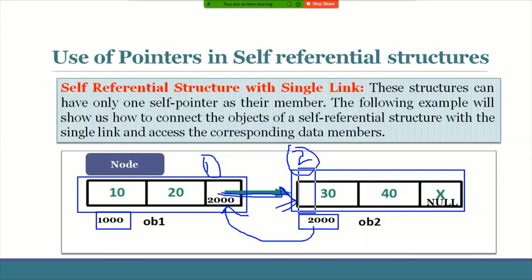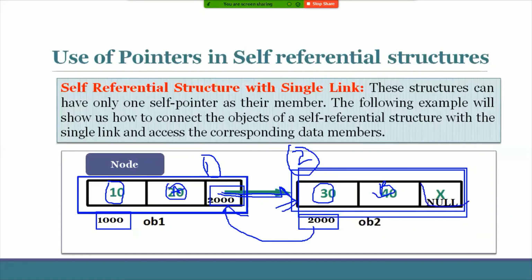This second bogie is of what type? This is also a node and this is also a node. Already this node structure was defined in the previous slide. That is struct node, integer type, character type. Let us consider character A, and this is also integer and character, something like B, and this is a link field which holds the address of the second node, and this is null, that means after this there is no other node. Always the link field holds the address of another node. That is about self-referential structures. This concept is also called a linked list.